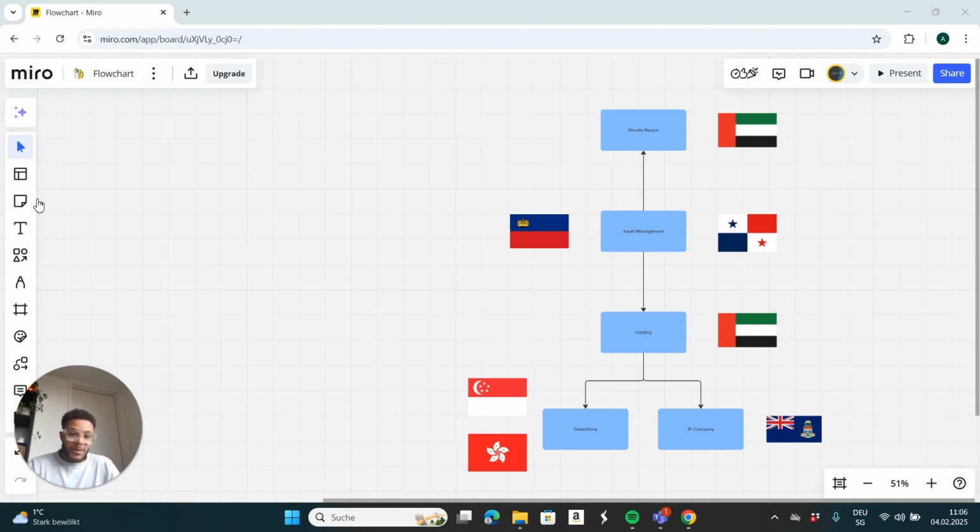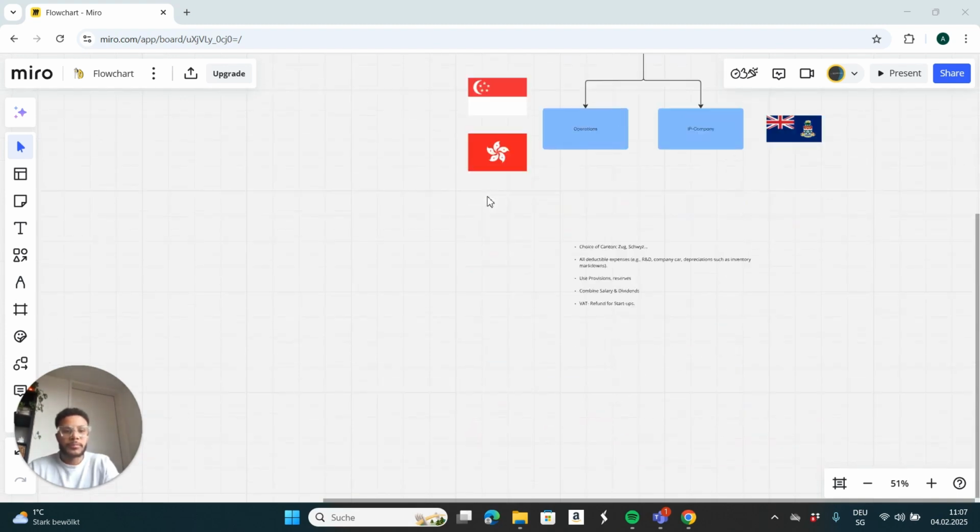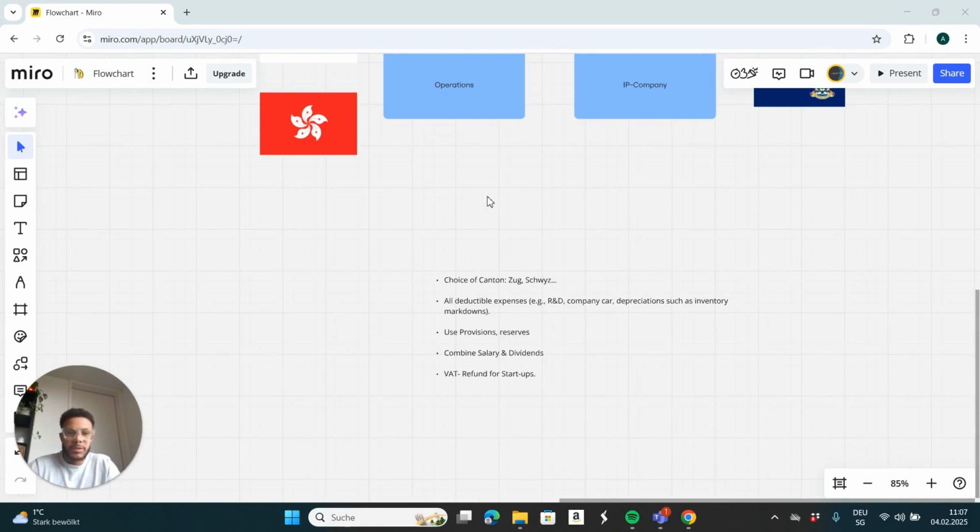Now I want to get quickly into measures you can take without setting up an international structure. So 5 really basic tips for saving yourself from a high tax burden when you're operating in Switzerland are those 5. First of all, just set up your company in the right place. Zug and Schwyz are famous for having low tax rates for companies, around 12%, and this differs from other cantons like Geneva or Jura that have tax rates of up to 20%.